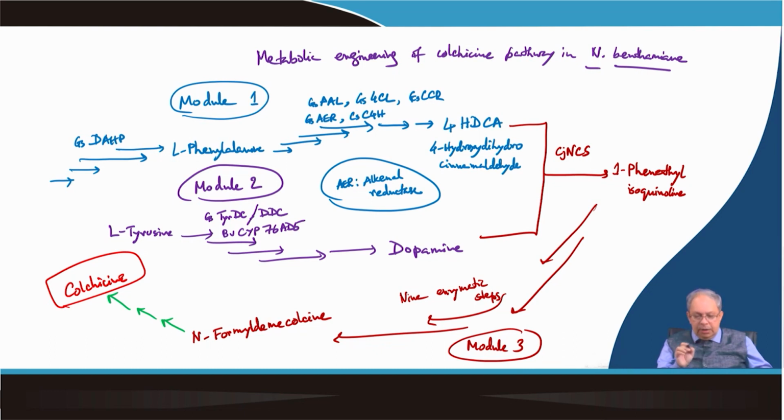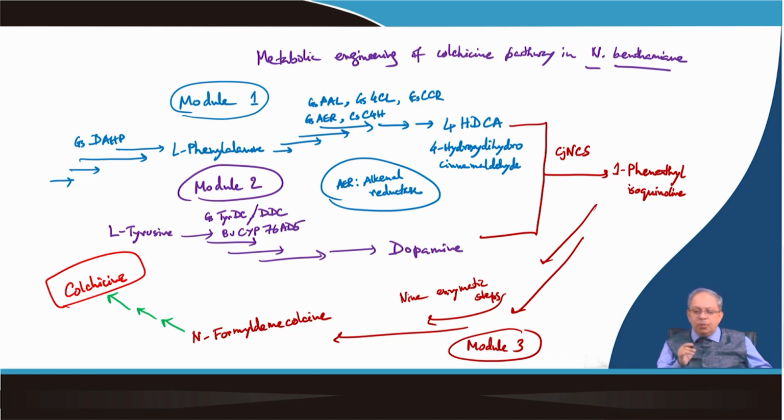So, as I said, the genes were characterized from Gloriosa superba and functionally expressed individually in another heterologous system, then they put all the genes together and they reconstituted the pathway in Nicotiana, and then they also reconstituted the whole pathway starting from the primary metabolic products, that is glyceraldehyde triphosphate and erythrose phosphate, leading to the formation of DAHP by putting DAHP synthase from Gloriosa superba, and subsequently the genes for this shikimate pathway leading to formation of phenylalanine, and then several early genes of phenylpropanoid including PAL, 4CL, CCR, C4H and AER, that ultimately led to the formation of 4-HDCA, that is 4-hydroxy dihydrocinnamaldehyde, and this joins with dopamine.